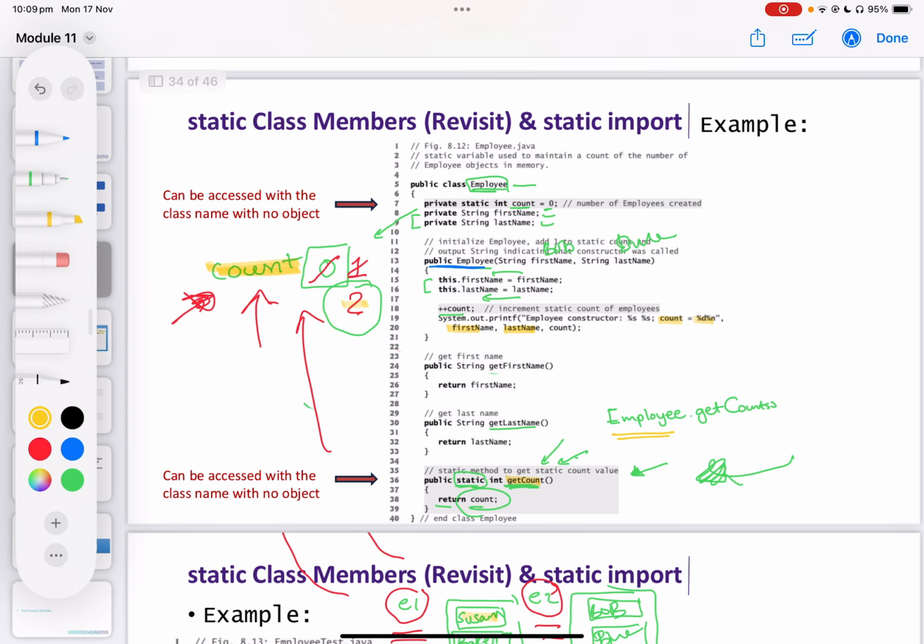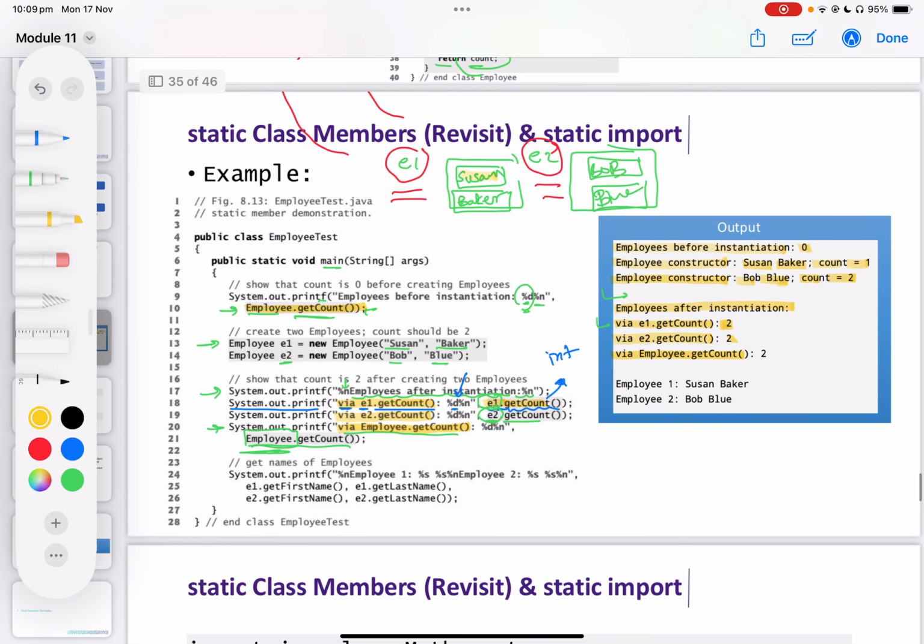The value inside the count is still 2. So this is 2. See? We printed the same value in 3 different ways. All of them will have access to count that will return the same value, which is 2. Right. More printing. The last printing